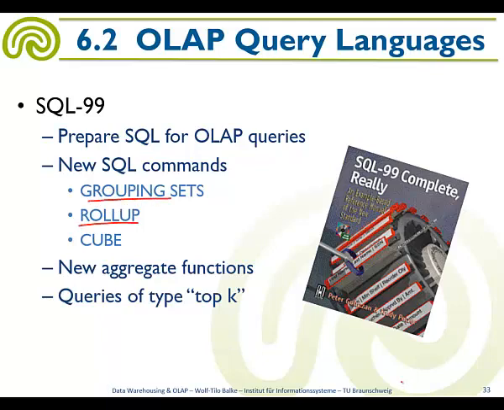That should be something for the roll-up, drill down. And that should be something for slicing and dicing. So they introduced new commands, grouping sets, roll-up, and cube. Moreover, the aggregate functions that classic SQL had, right, sum, average, count,